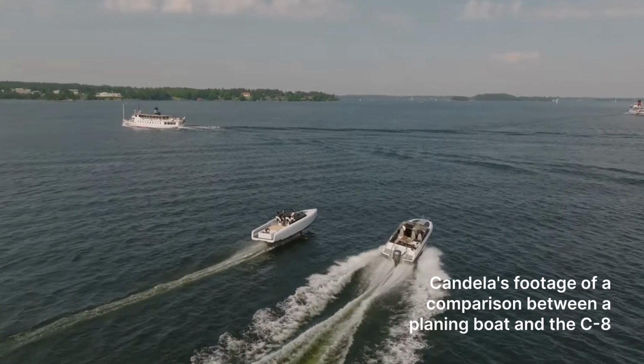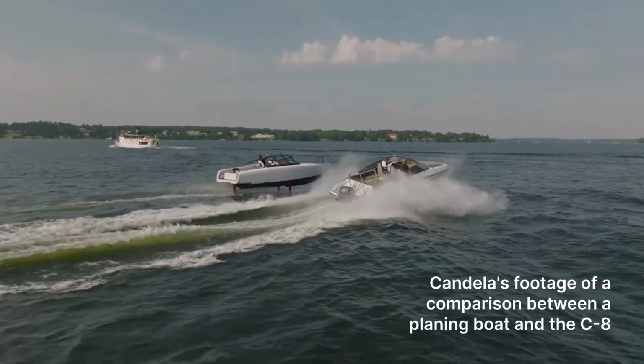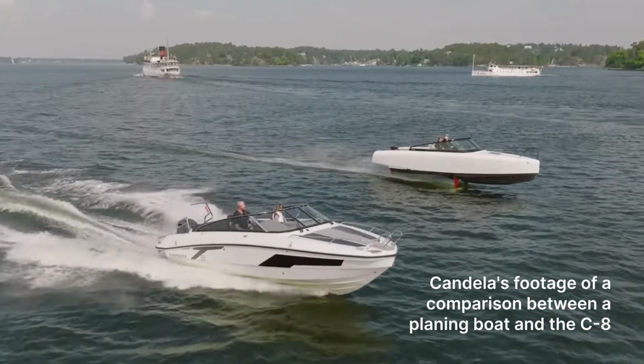Shooting a boat in high speed from another boat that's also traveling at high speed is usually extremely difficult or almost impossible because the waves are crashing everywhere, and each one of the 3 dimensions of the world are moving in different directions at the same time. You're going up, you're going down, you're going sideways, and you're rolling, which means it's really hard to get stable shots,